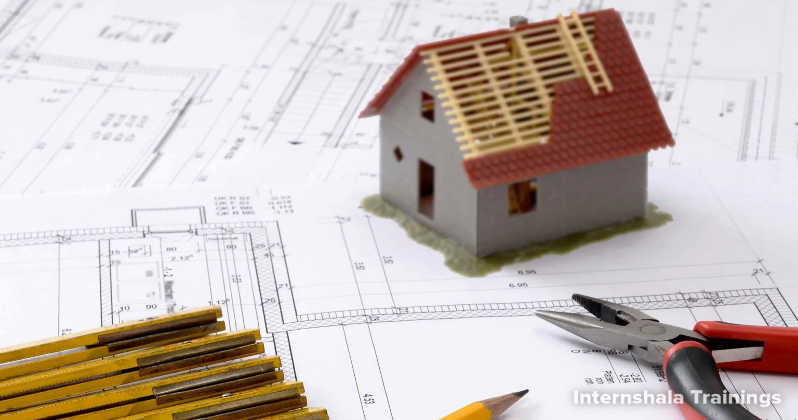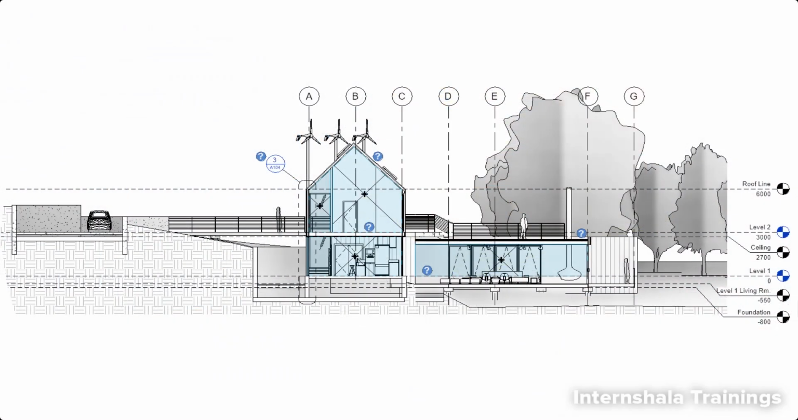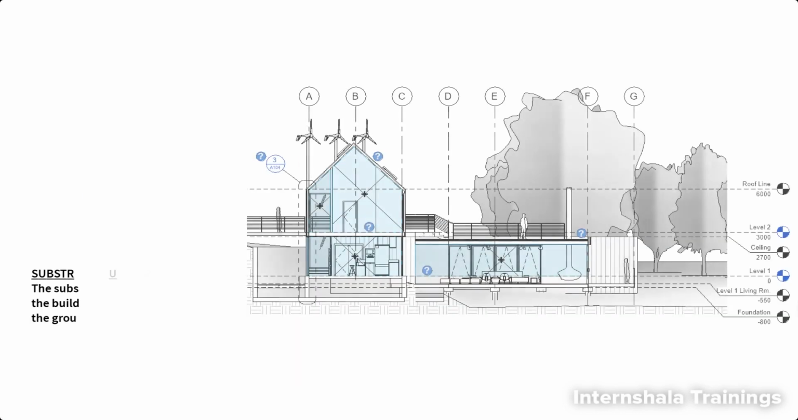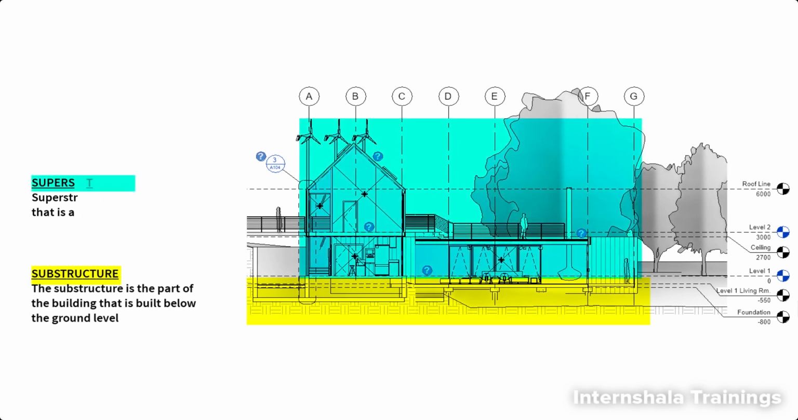To understand why we carry out certain tasks within Revit, it is imperative that you understand the fundamentals of a building. This in itself is a huge topic, so I will very briefly cover the main areas. Generally, there are two major components of a building, the substructure and the superstructure. The substructure is part of the building that is built below the ground level, whereas superstructure is everything that is